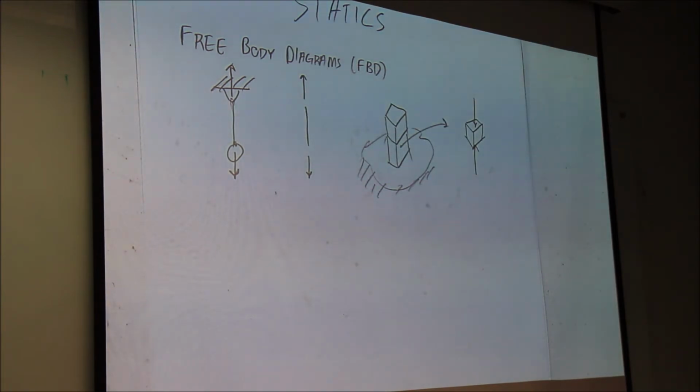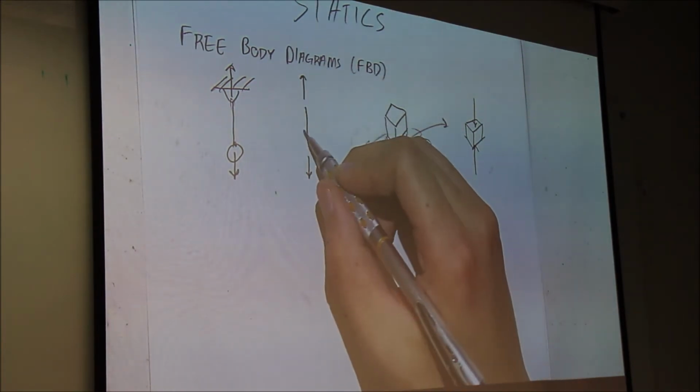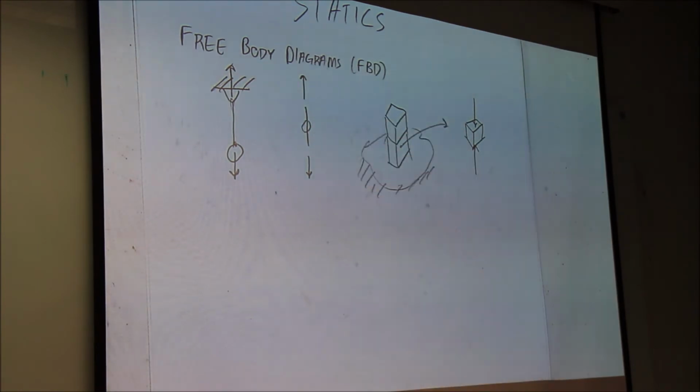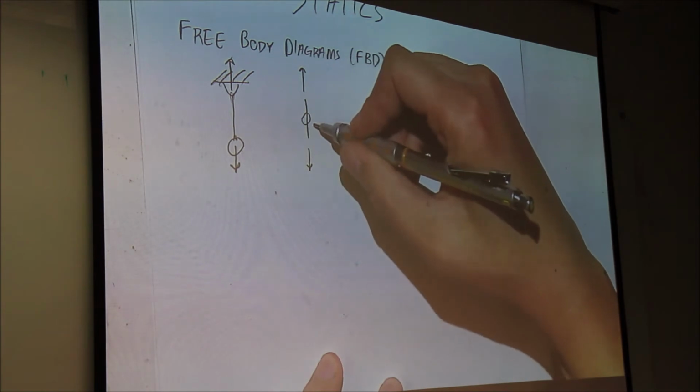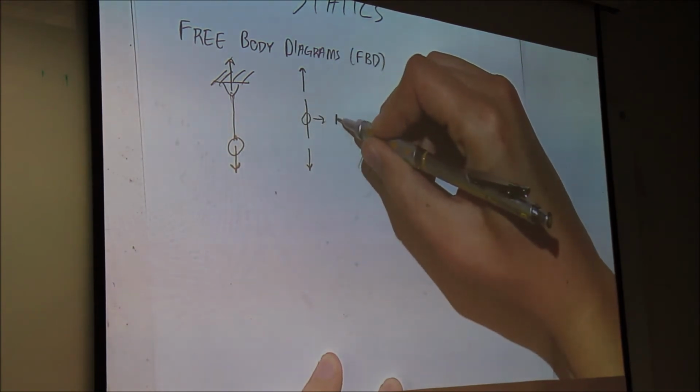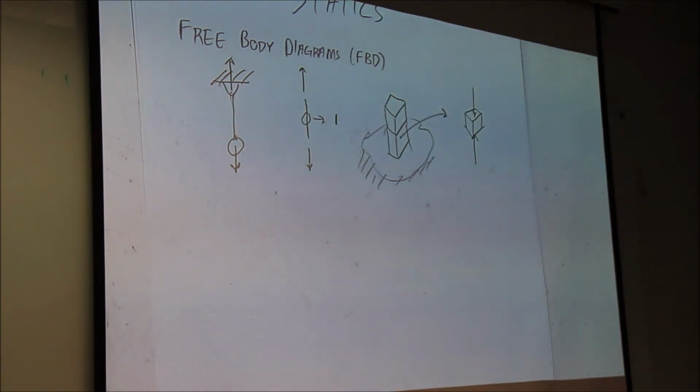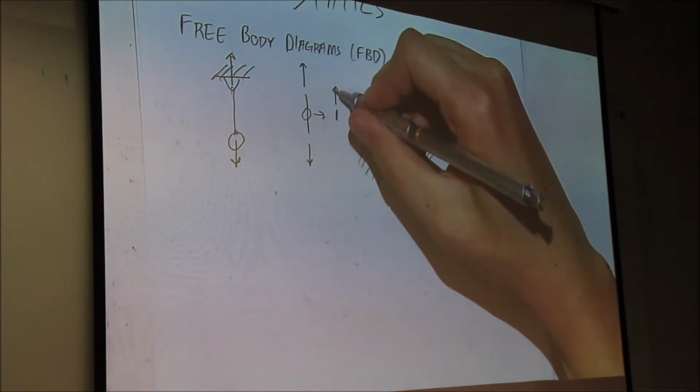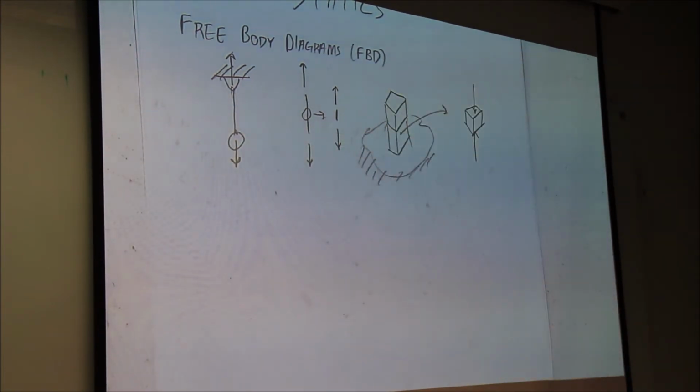But this sort of idea doesn't just pertain to a rope or a ball or a box. Let's say I want to look at some tiny part of this rope, and I want to take it out of context of the rest of the rope. Like imagine if I cut the rope in two. I can see that this tiny piece of rope will also feel forces pulling it up and pulling it down. It's not something that is solely done to objects.